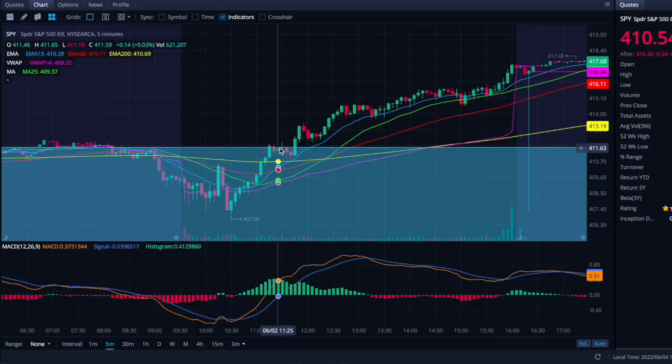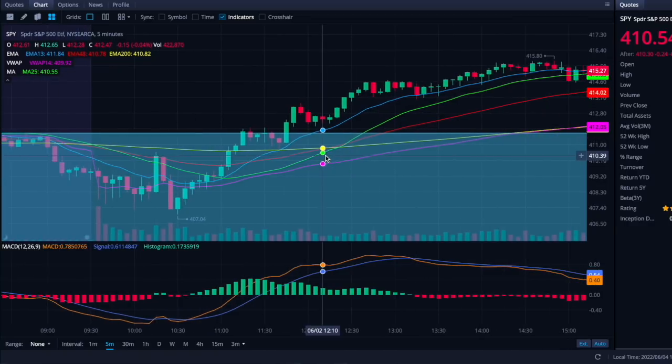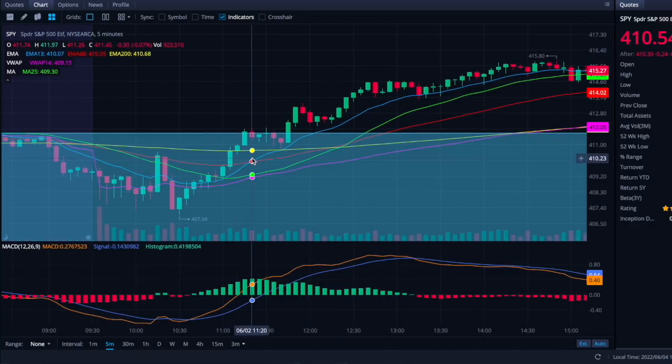So this is just a basic demonstration of this and how you can use it to keep yourself in trades, if that is what you want to do, if you are not comfortable with trading this strategy by itself. Now, there's a reason specifically why we would trade this strategy by itself that we will get into after this demonstration here. So what the RIM strategy essentially is, once you see the price action confirm its trend after a cross, closing candles, everything looks good on the MACD, RSI, Schaff Trend Cycle,